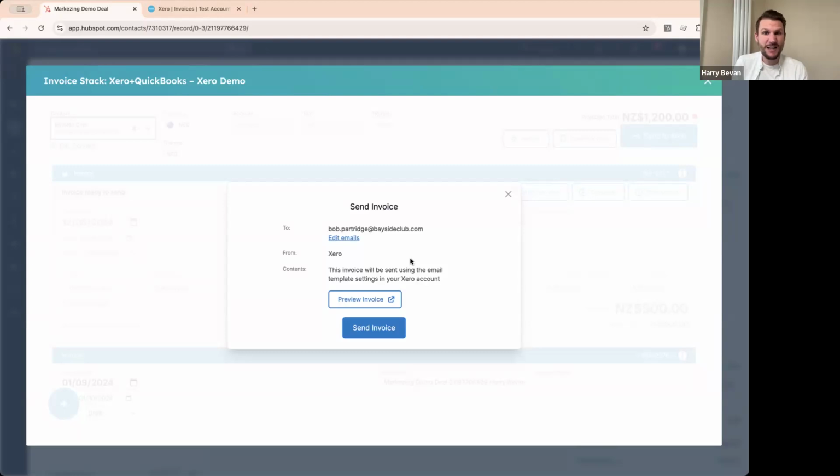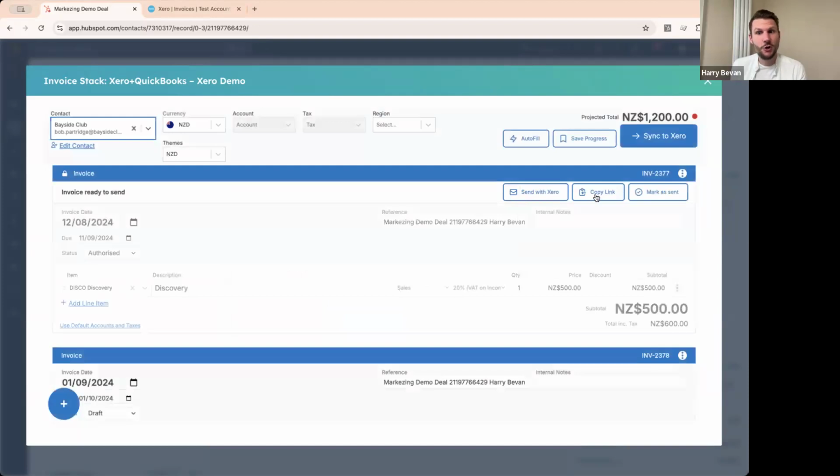Exactly. So it's basically no change to your process. So your client sees nothing different. You can do it exactly the same way that you're doing at the moment. That's great. But if you did want to send it through HubSpot, you can just copy a link here